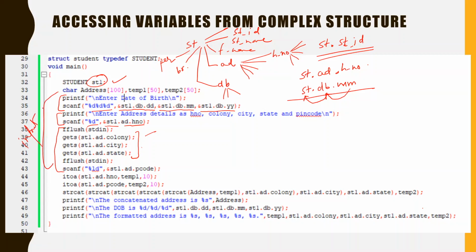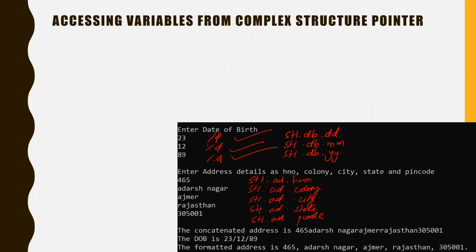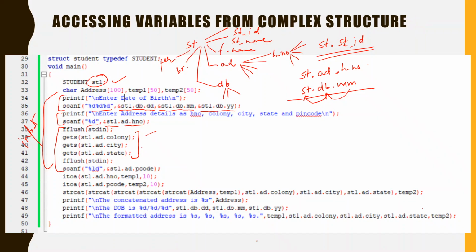Now output we can do simply like that also, that we want to print the date of birth in this format. Okay, so we have used this particular printf statement to use the %d, and how we have accessed them is like this. It is the same as this statement, but only the ampersand is not there. Okay, then you can see that in line number 47, we have printed this address, and before that we have concatenated. We have used the strcat function, okay, repeatedly 5 times to concatenate all the strings.